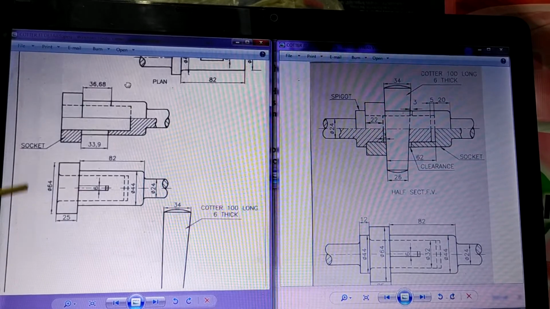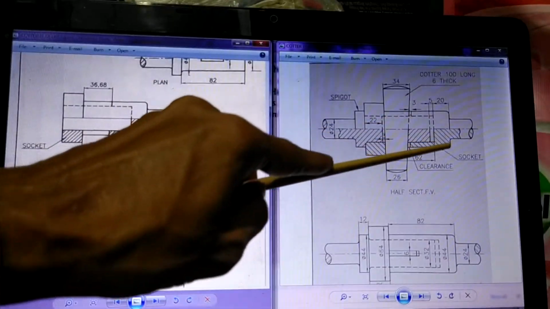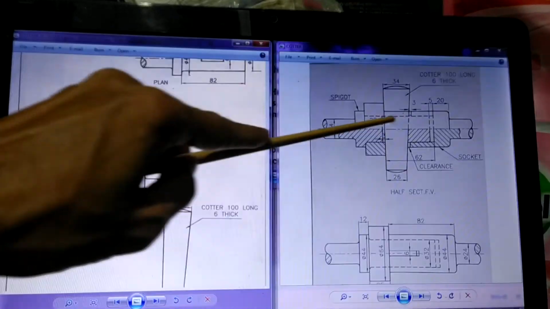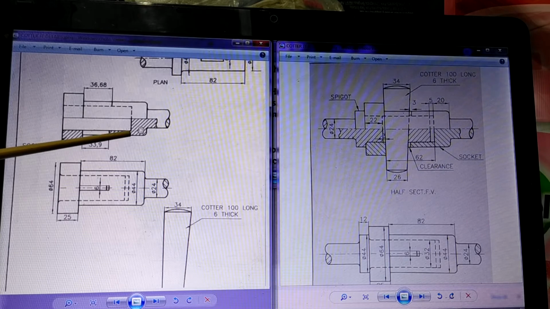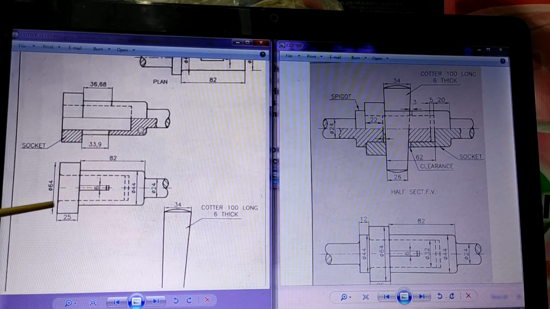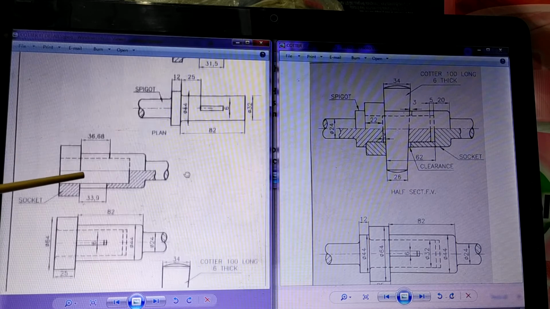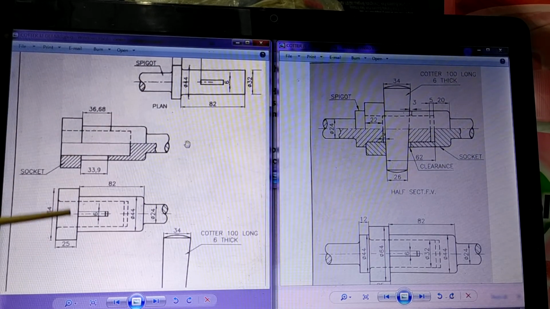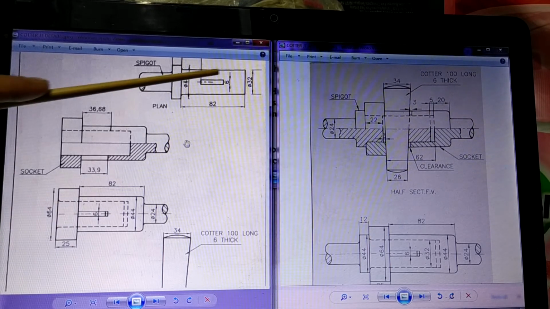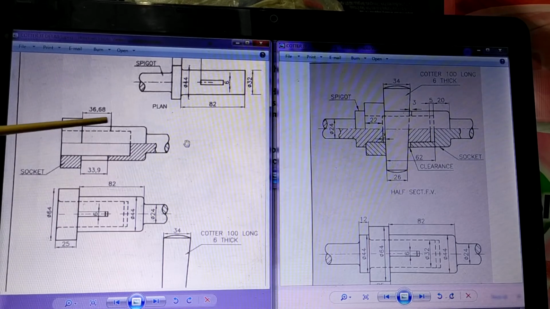Then you see here the socket. Now this other part has got a hole like this, you can see there is a hole like this in this part, and otherwise it has got a pipe-like hollow shape. Now this diameter, if you read here somewhere, it must be written, or it may be missed somewhere. It should have been there, 32 diameter here. So there has to be 32 diameter mentioned here, which is not mentioned by mistake, but it has to be 32 diameter here.